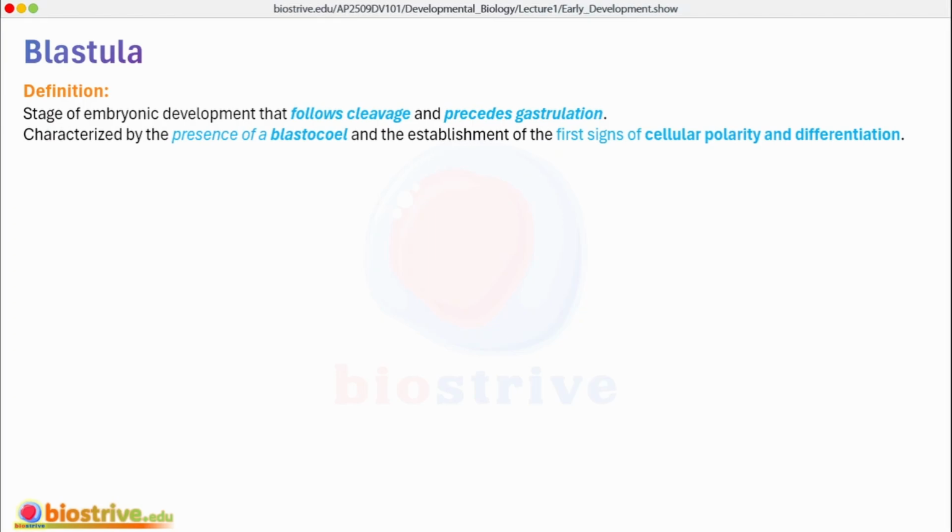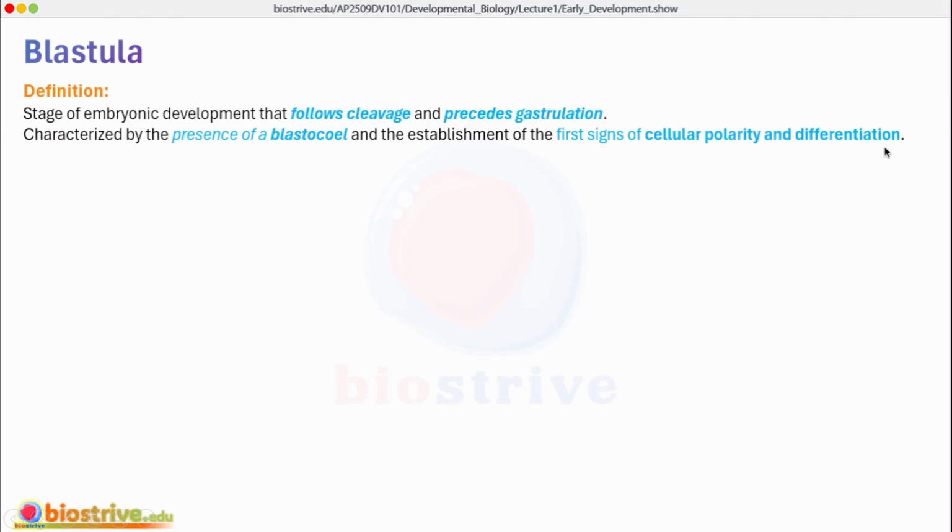So, what is blastula? Blastula is a stage of embryonic development which occurs after cleavage and before gastrulation. It is a stage where cleavage divisions have taken place and germ-layer differentiation is yet to take place. It is characterized by the presence of a hollow cavity. This cavity may be fluid filled and is known as blastocele, and there is establishment of cellular polarity